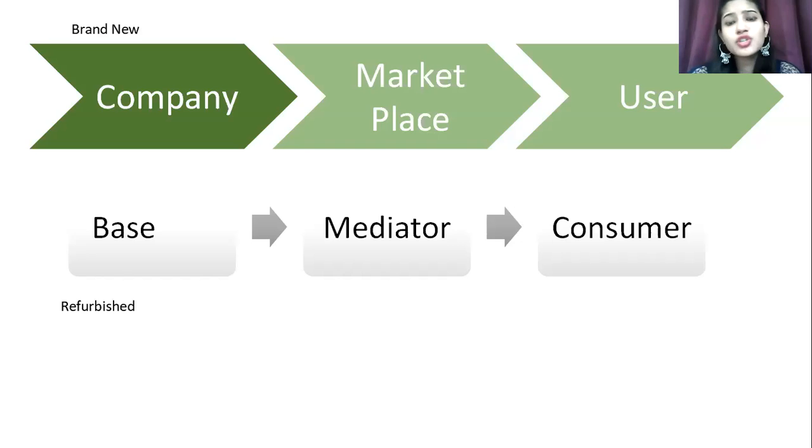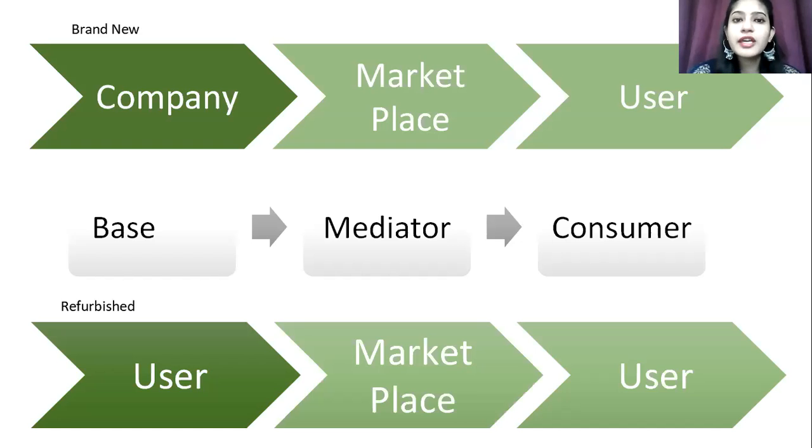In refurbished condition, what happens? The user becomes the base, and now has the pre-owned gadget. That is the pre-ownership, we can say, a pre-owned gadget, and wants to resell it. What happens? It is brought to the marketplace. It is sold to the marketplace, to various sites. It is sold off. Now, after selling off, it is again resold to new users under the category of refurbished or certified refurbished. So these are the two categories.